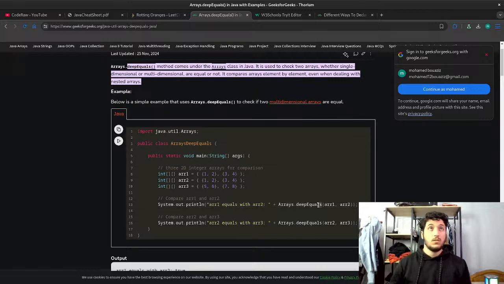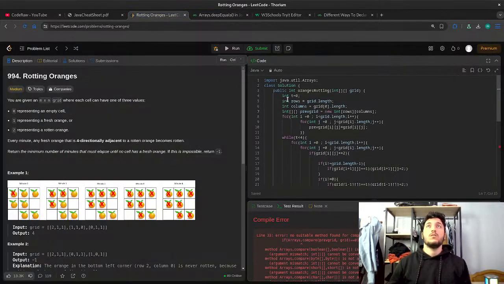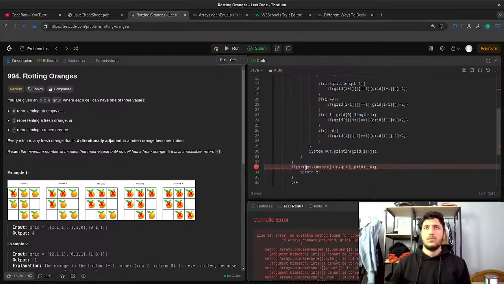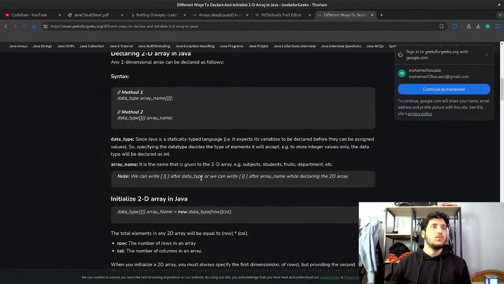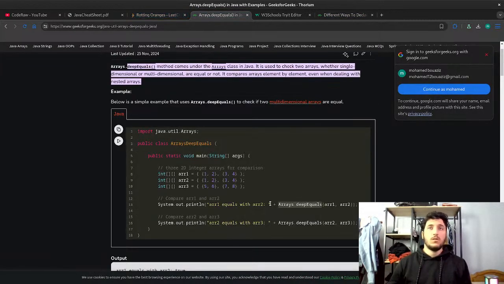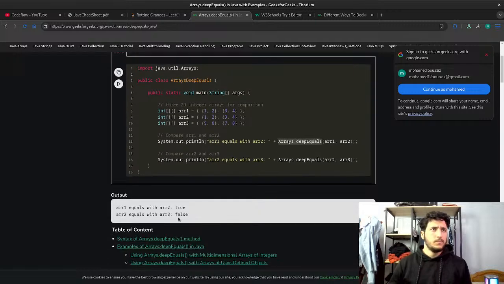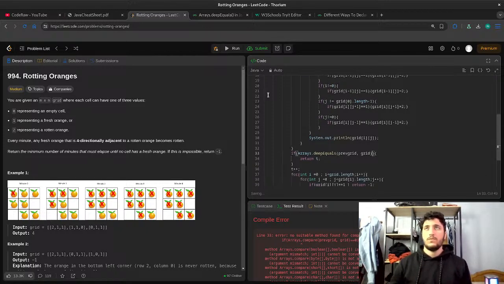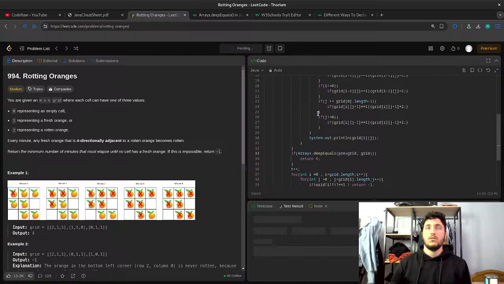Arrays. So which was deep equal return? True and false. Okay. So if it's true, then return t. If it's false, then just